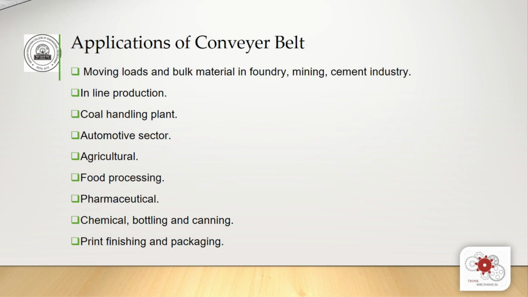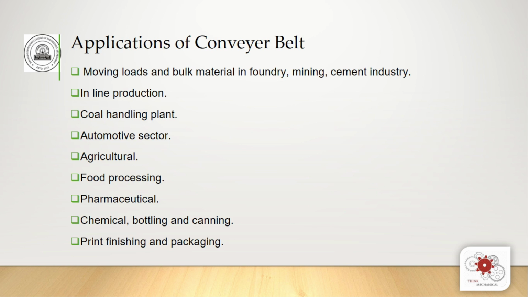Then what are the applications we can see? Applications are for moving loads, bulk material in foundry, mining, and the cement industry. There are a number of applications where inline production is necessary, and you can use these belt conveyors. Coal handling plants, like we have said, where we have to transport material some kilometers, also use belt conveyors. Automotive sector, we have already